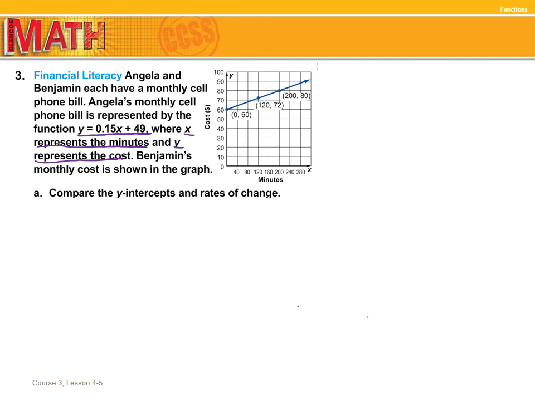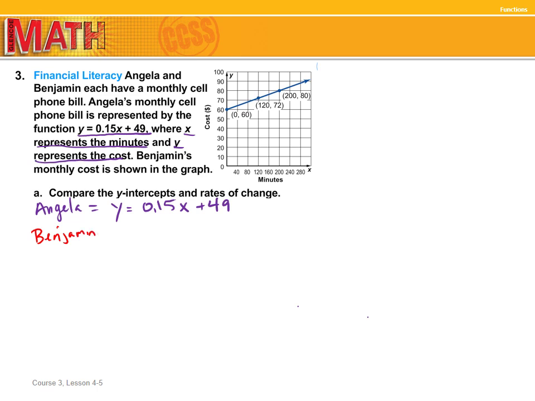So we're being told, on step A, to compare the y-intercepts and rates of change. So it looks like we're going to be comparing minutes. Which plan, or whose phone bill, is cheaper? So comparing y-intercepts, let's look at Angela first, because that's been given to us already. The cost is 15 cents per minute plus 49. Now for Benjamin,